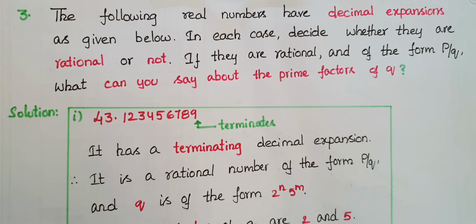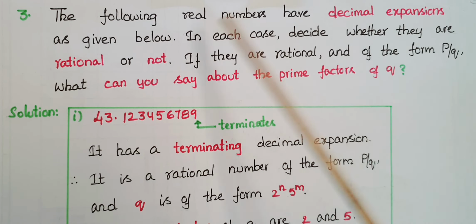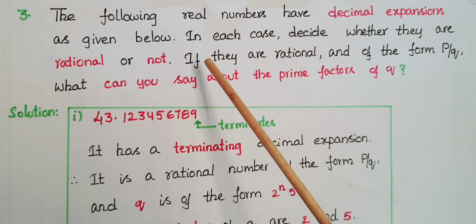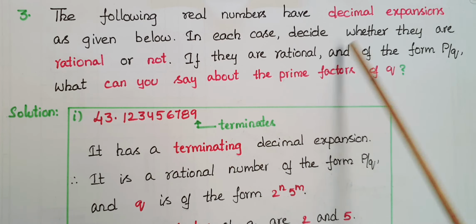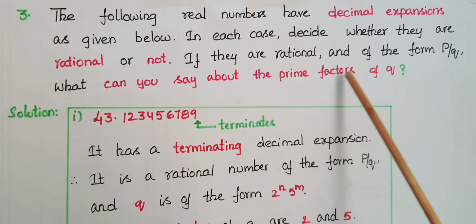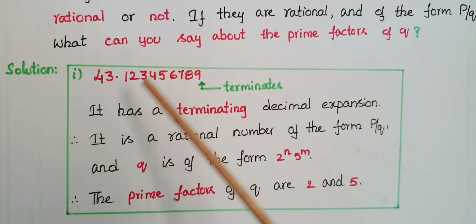This is the third problem from the same exercise. The following real numbers have decimal expansions as given below. In each case, decide whether they are rational or not. If they are rational and of the form p by q, what can you say about the prime factors of q? The first problem is